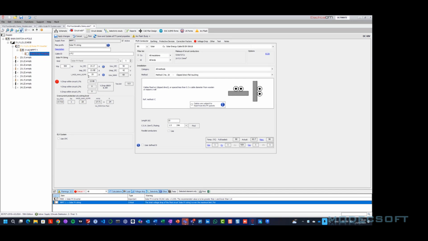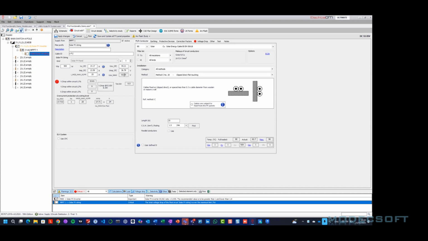And the module max overcurrent protective device that can be used is 25 amps, meaning that if we exceed this rating, we are not protecting our modules because we are exceeding the thermal limits of our modules. Additionally, for the open circuit voltage, we are going to define it at 44.21 volts. And for the operating maximum power voltage, we'll set it to